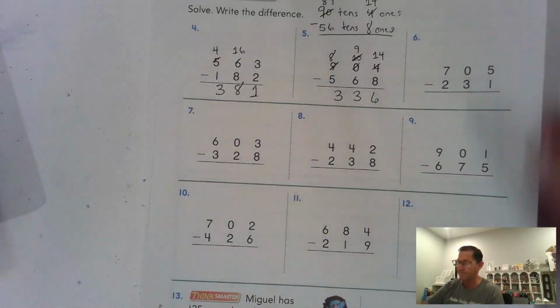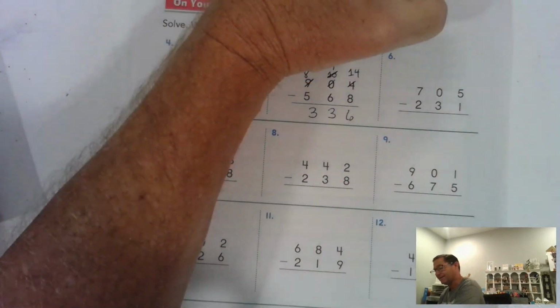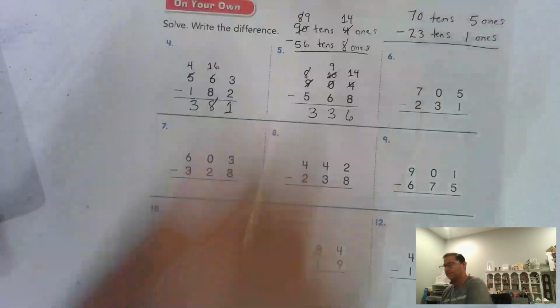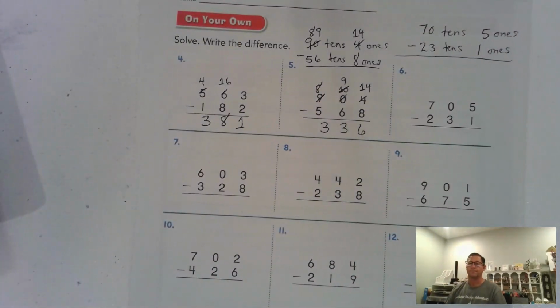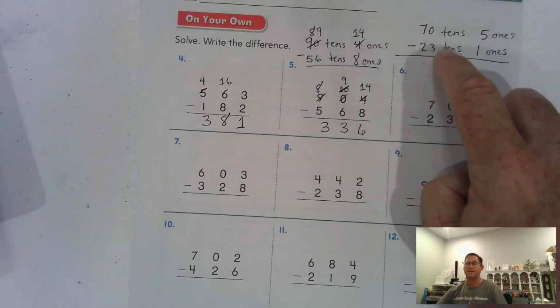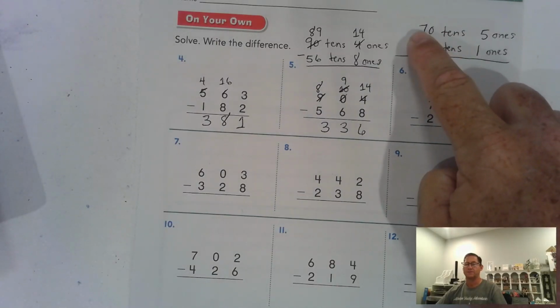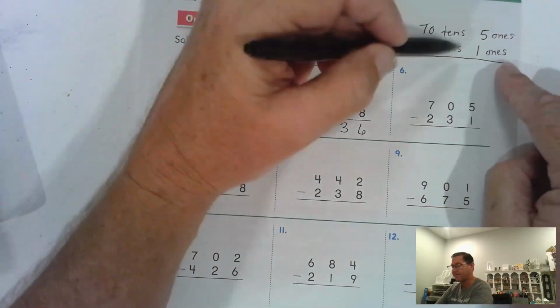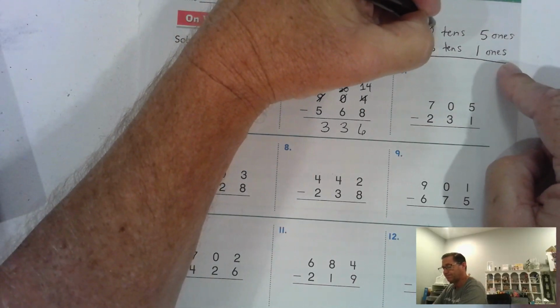Okay, so what can we think of 705 as? As 70 tens and 5 ones minus 23 tens and 1 one. Okay, in this case, we do have enough ones to subtract. So here, we don't need to necessarily think of it this way, but let